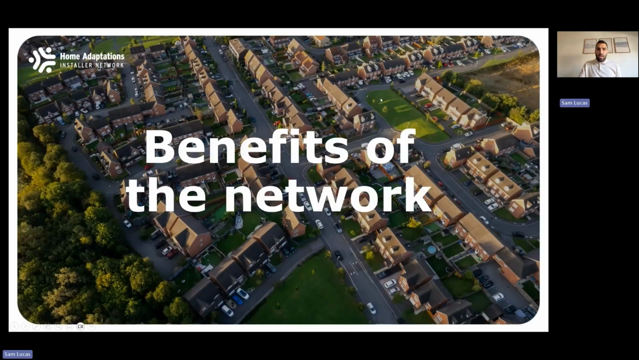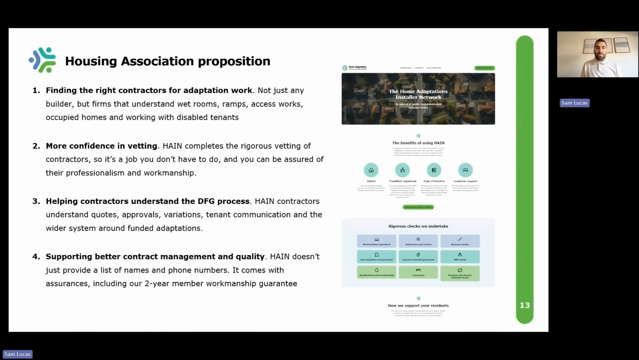So to bring it all back, what are then the benefits of the Home network? For housing associations, and as I understand it, that'll primarily be the key point for a lot of you on this webinar, it's really going to give you the assurance that you're able to find the right contractors for adaptation work. So it's not just any builder, but it's firms who understand